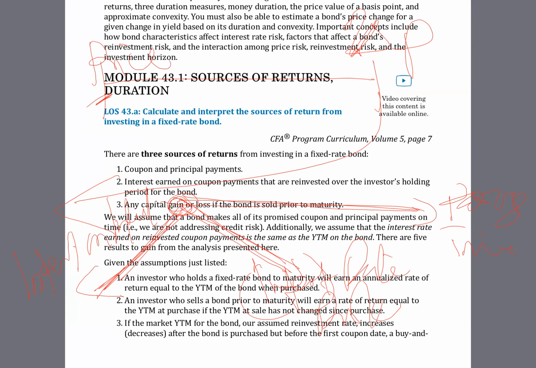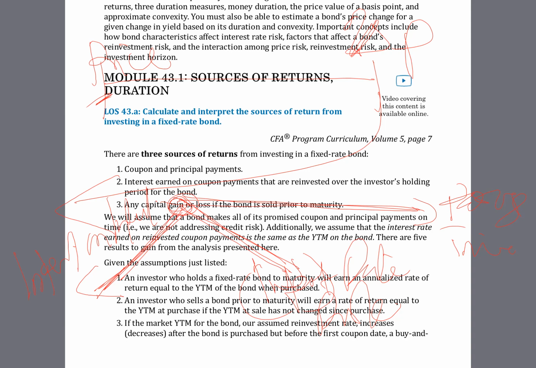But this, for instance, is very simple. There is the reason why if you buy a bond, the yield at which you bought the bond is called a yield to maturity, which means that if all things are held constant, if you hold that bond to maturity, you earn the yield to maturity. So that's clear. Is it clear? Yes, please. Then the second one says that an investor who sells a bond prior to maturity will earn a rate of return equal to the yield to maturity at purchase if the yield to maturity has not changed. So if the yield to maturity remains constant, if you sell the bond prior to maturity, your annualized return will still be